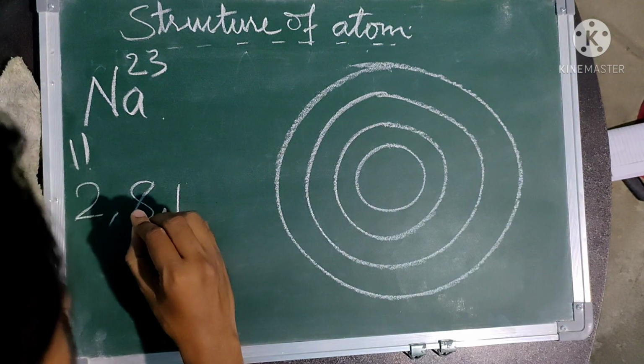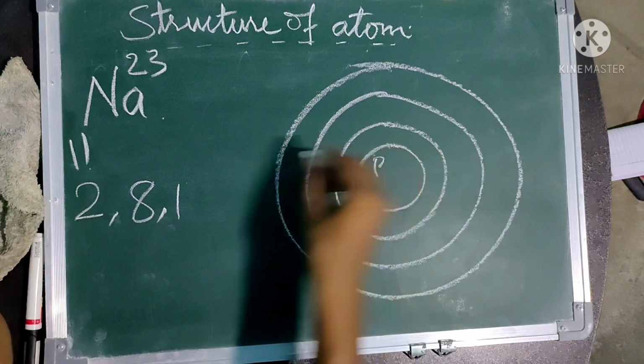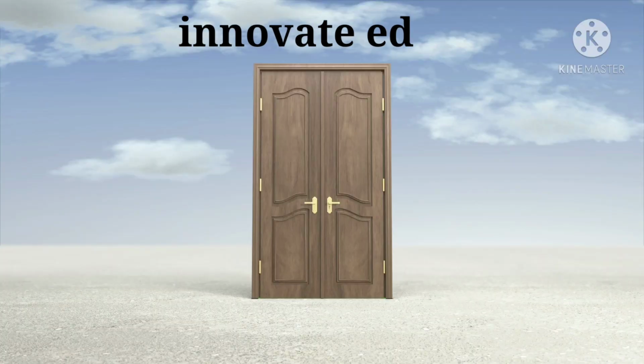So instead of writing all the dots, I will just write the numbers here. Protons, number of protons here is